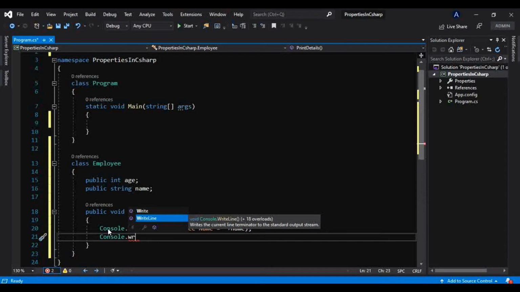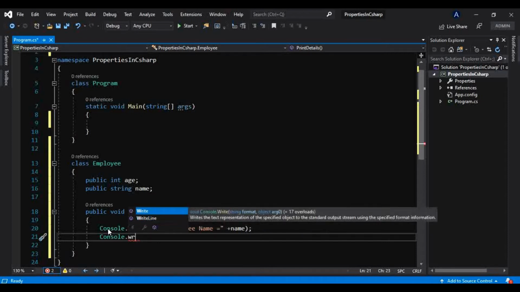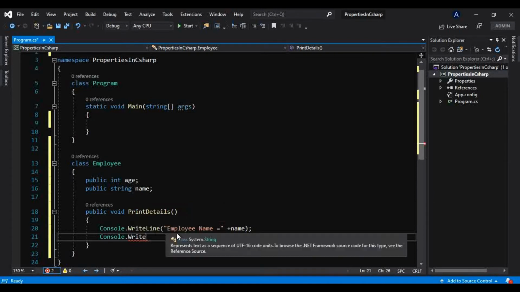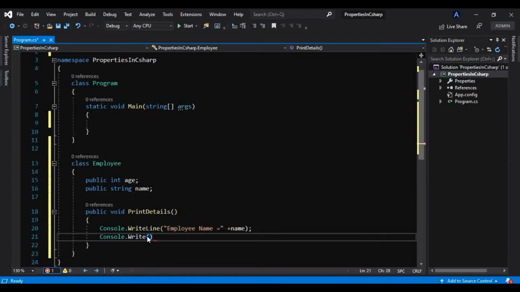Now again, what is the difference between Write and WriteLine? Whatever you put inside Write, like this, employee age is equal to, I am appending age to that.